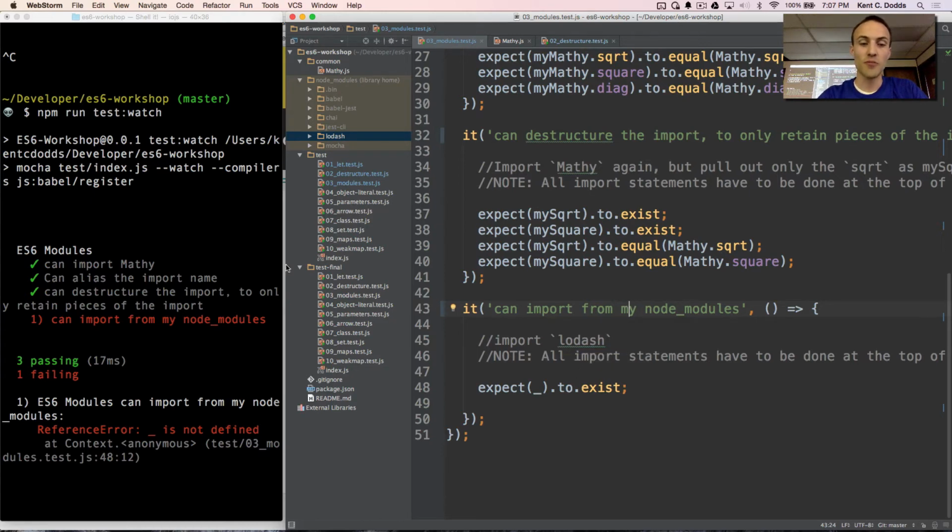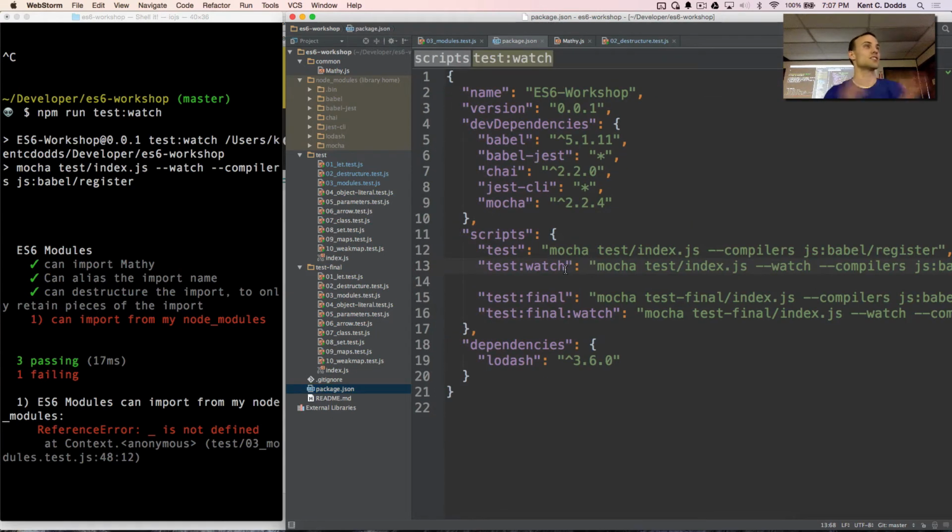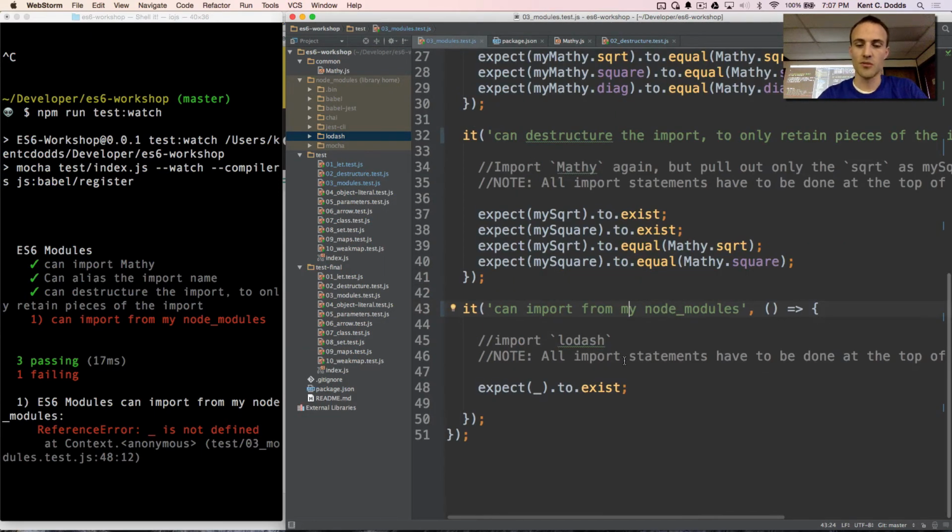So anyway, we have this in our package JSON. This is where we define, hey, this is my module, my node module, which technically can be a browser module. But I have some dependencies here, and one of my dependencies is Lodash, this freakishly awesome utility library. And so when I npm install my dependencies, it's going to install Lodash here, and then I can import those node modules.